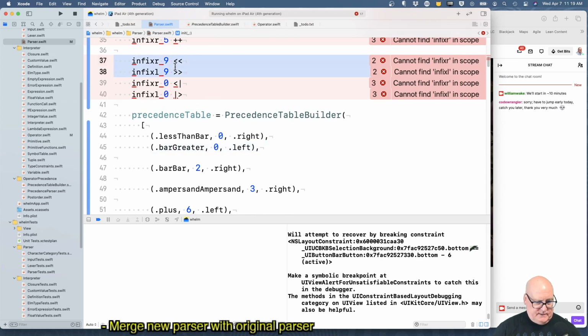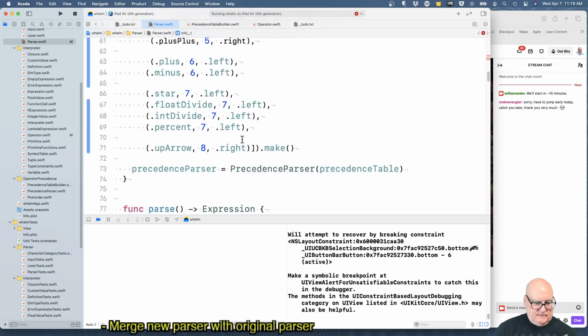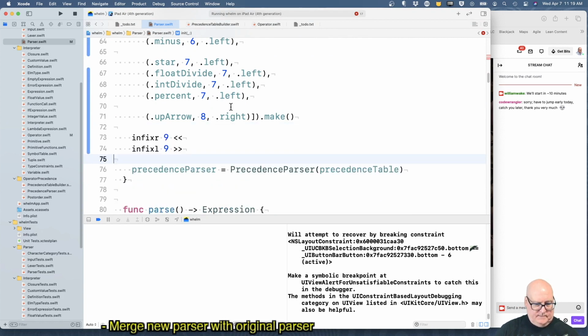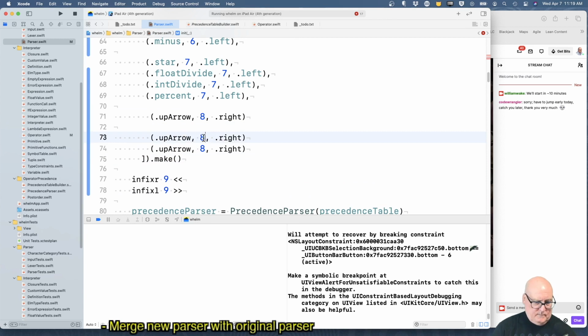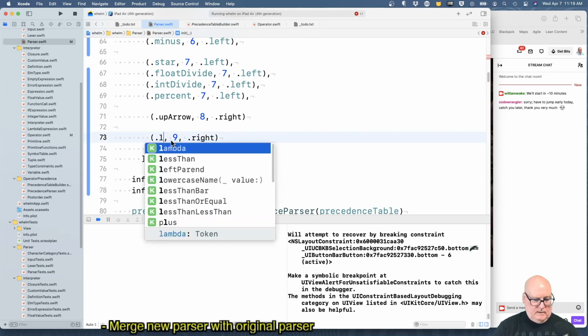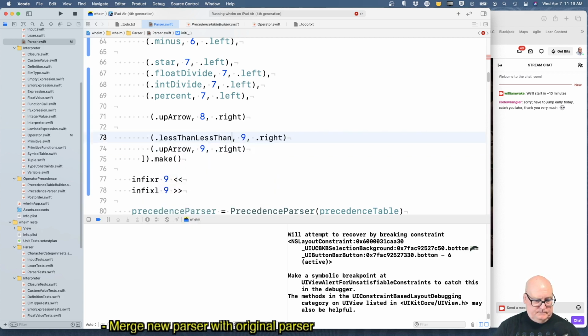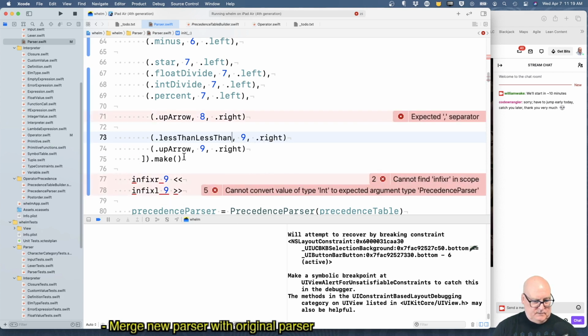And then the 9s. Is right and greater is left. That always seems a little weird to me to mix the same level.